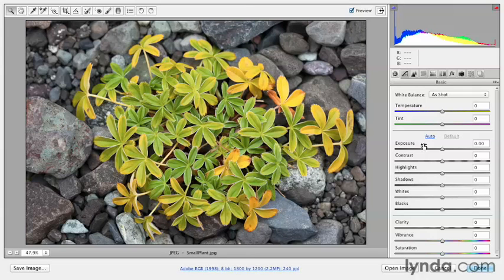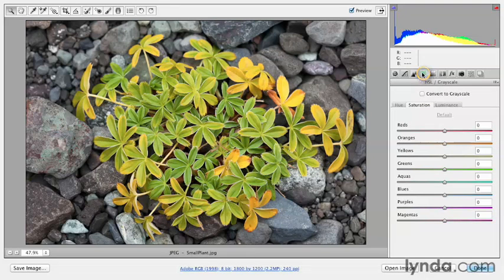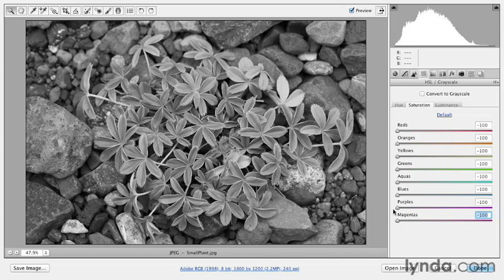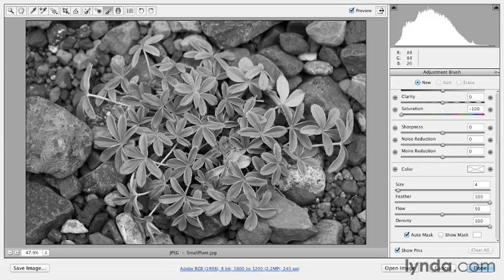Don't go here. Instead, come over to HSL and grayscale and just take the color ranges down in saturation to -100. And you don't actually have to drag the sliders. I can just click on the far left side of the slider in order to bring those all down. Now it appears as if the entire image is grayscale, but of course everything here is non-destructive. So it's just showing me that it's in grayscale, but I can go back to my adjustment brush, and instead of loading a negative saturation, I'll load a